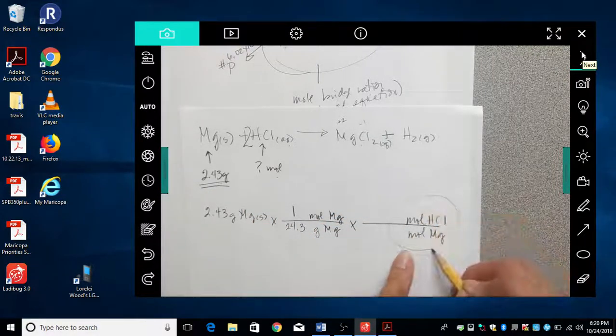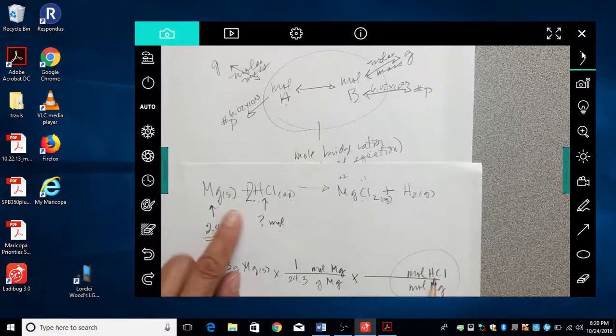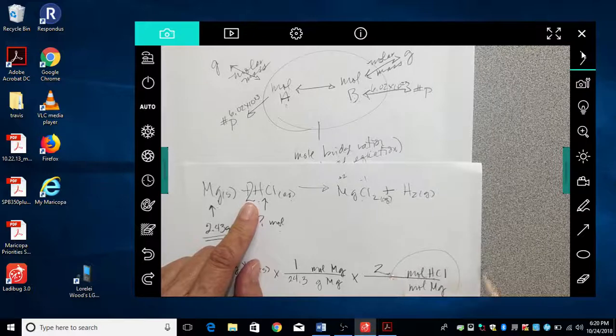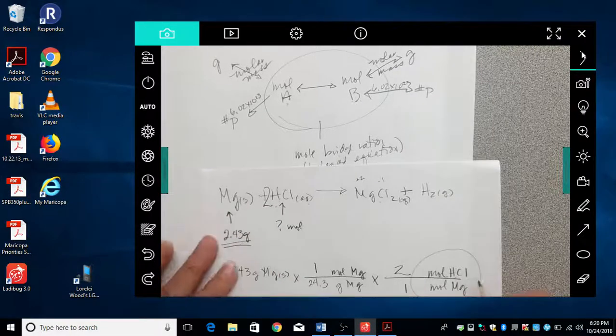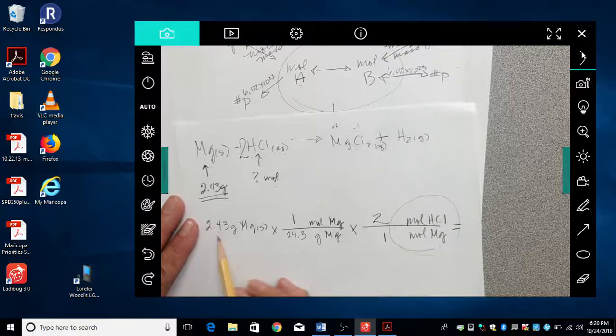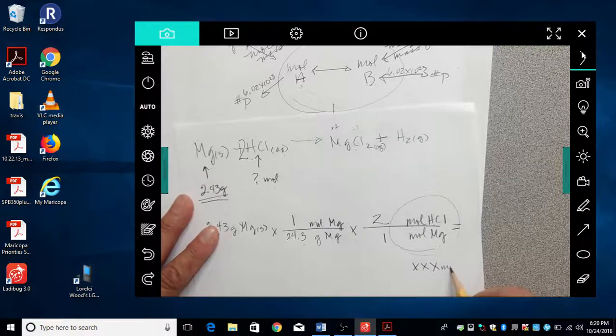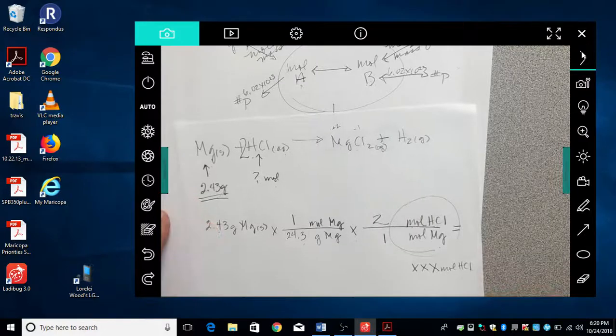Now our mole-to-mole bridge ratio, those coefficients come from the balanced equation. In this case, HCl has a coefficient of 2, Mg has a coefficient of 1. So now in your calculator, you punch in 2.43 divided by 24.3 times 2, and whatever your answer is, you want to have 3 sig figs, and our units are moles of HCl. All right,